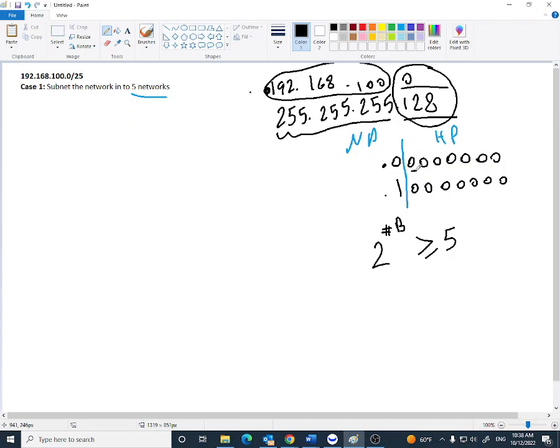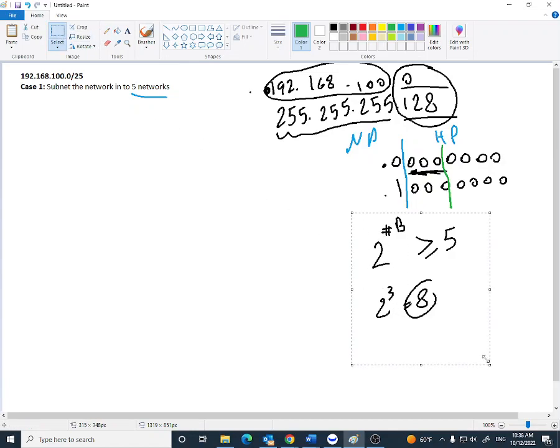So if I borrow 1, I simply get 2 to the power of 1, which is 2. Sorry, that's not enough. If I borrow 2, that makes it 2 to the power of 2, which is 4, and that's not enough. So I can borrow 3, and 2 to the power of 3 is simply 8, and 8 is greater than 5. So I know for sure that I have to borrow 3 bits. Now that I know I'm going to be borrowing 3 bits,